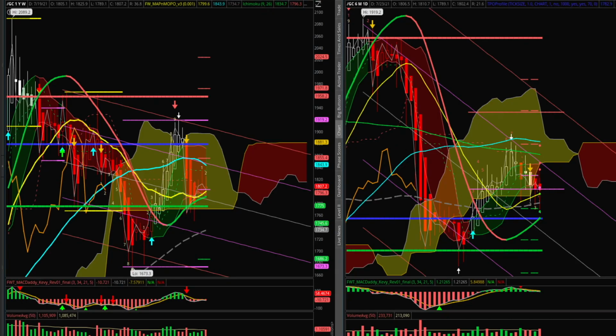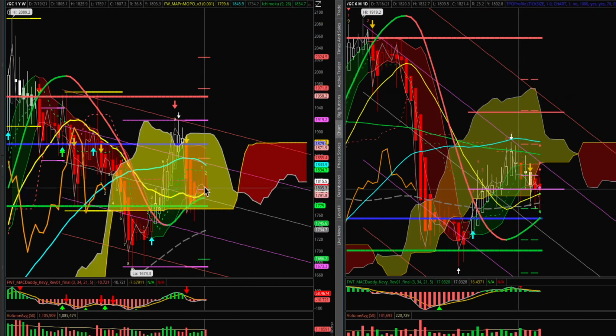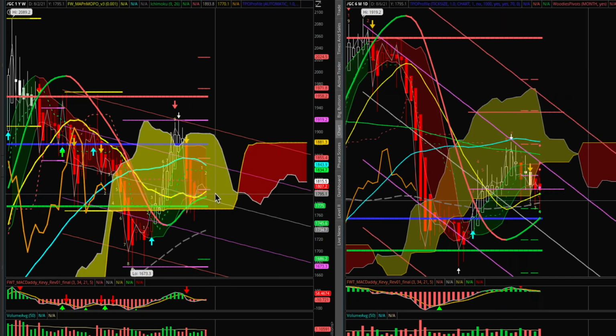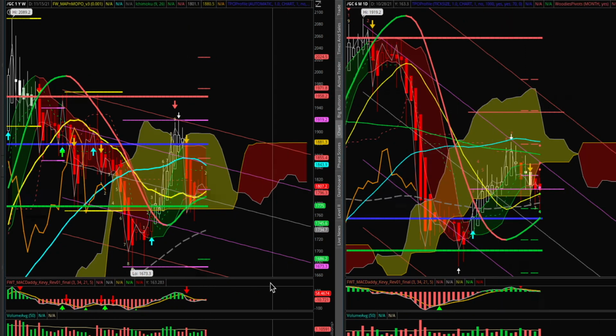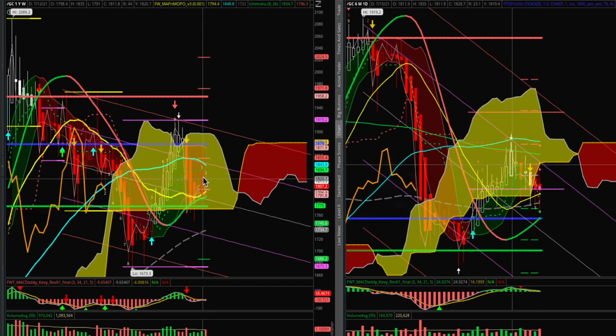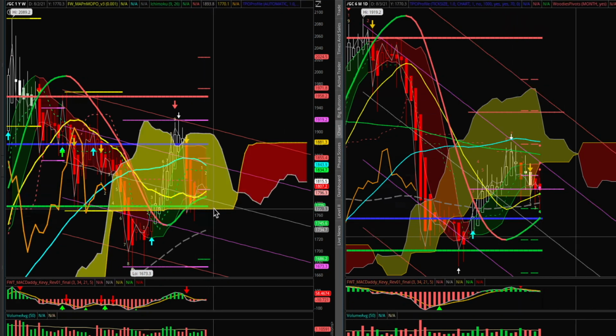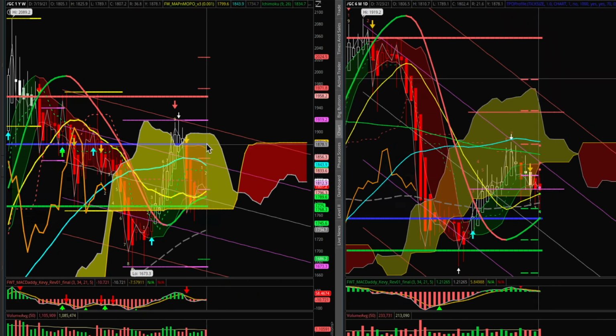I also wanted to cover market profile levels. As you can see, we're still in the cloud on the weekly. A lot of chop fest on the daily. You see over here last week, the volume was negative and just chopping around. Still in the MOBO. You get that value area low and support right here, 1769. Point of control for the last year, 1878.